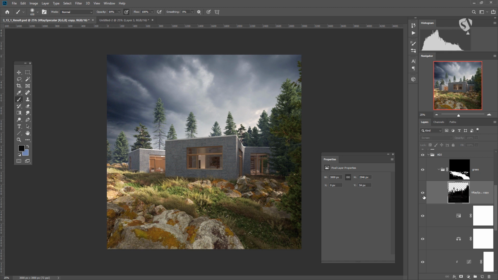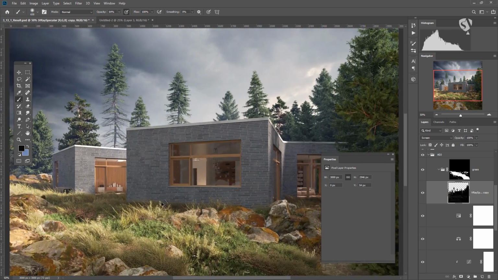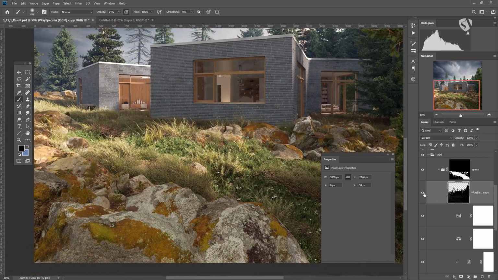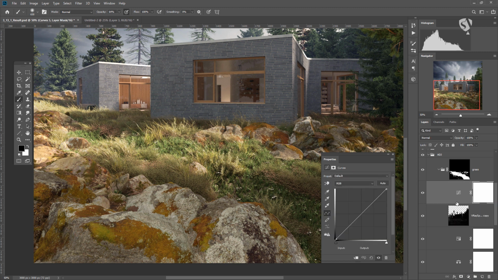And now I should see some of the small speculars. If I don't see them, I can attach a curve, and make this a little bit darker and this a little bit brighter. So it's a nice way to add contrast. This is a very strong contrast, but